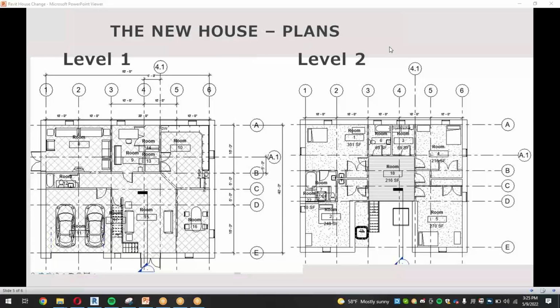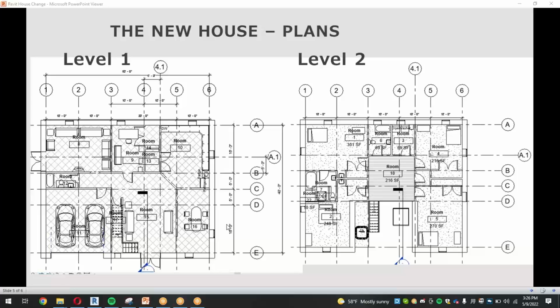Okay, so with that established, here is the plans for the new version of the house. I tried to keep those simple dimension intervals. So from line 1 to 6, each of those is 10, 10, 10, 10, 10, from 1 to 6. And then going down from top to bottom, there's also a pretty simple symmetry to it, 15, 5, 5, 15. So I'm trying to continue that spirit of having similar sort of rounded, easy to work with dimensions between the